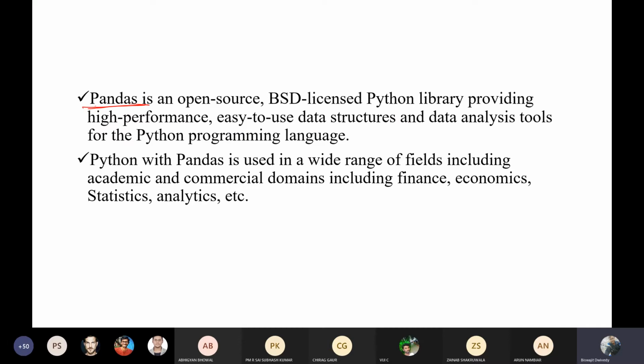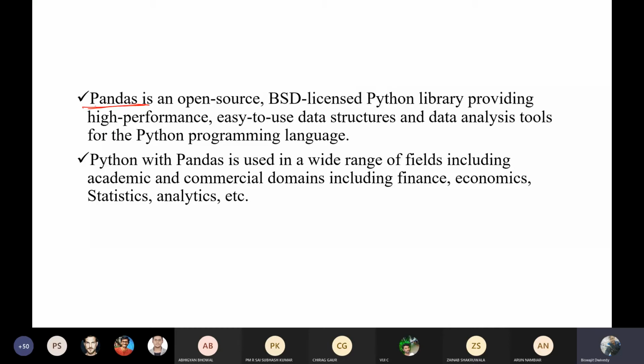Here is one or two lines written about pandas: pandas is an open source BSD licensed Python library. BSD means a loosely licensed thing.